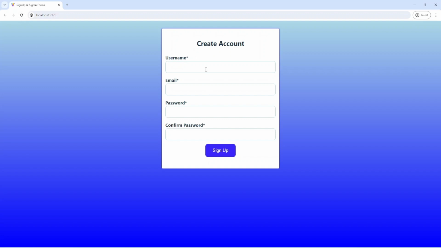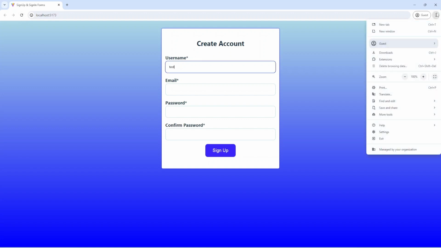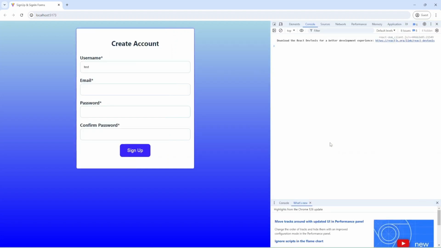I'm going to refresh and provide some name and open developer tools, and email test.com and password. We need to fill out this field, and we don't have anything because I provided a small password. Now I'm going to provide the correct password, and we don't have errors. Okay, the form was submitted, and the form is ready for submission, and we have values inside our form data.